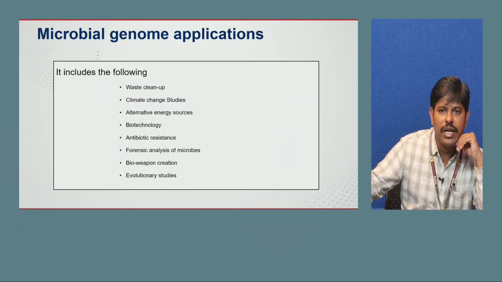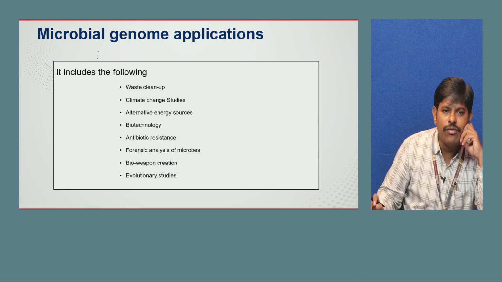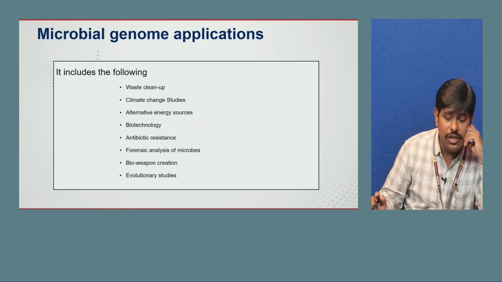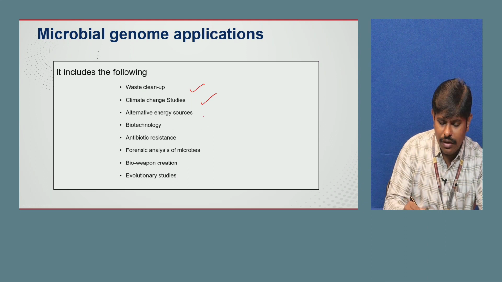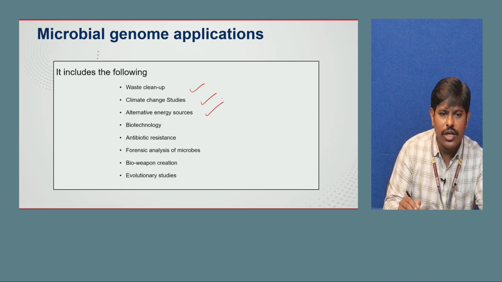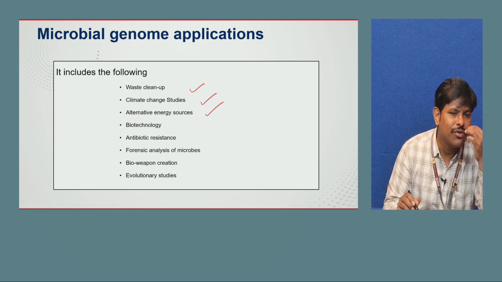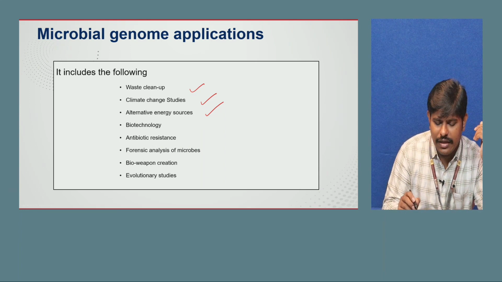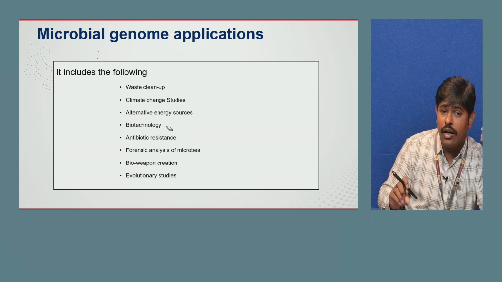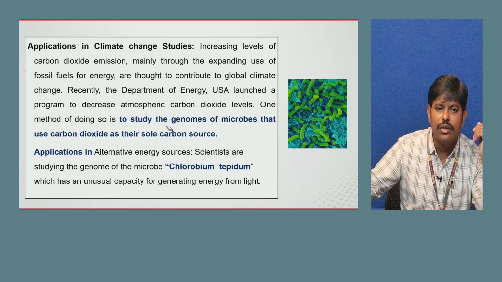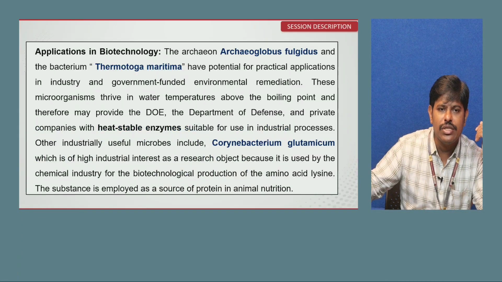So bioinformatics plays a key role here, and along with these things it has applications in identifying genes, and identifying the microorganisms which play a role in waste cleanup, climate change, alternative energy sources, biotechnology, antibiotic resistance, forensic analysis and bioweapon creation. So several applications of bioinformatics are present in microbial genomics. We'll learn about these applications